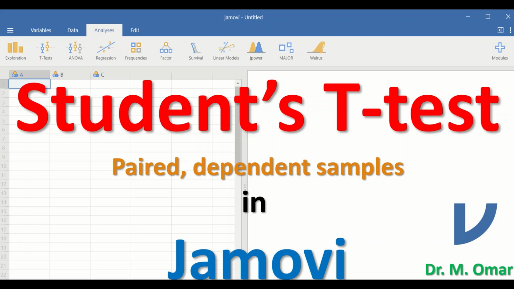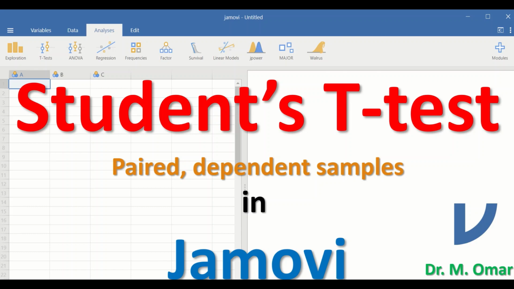Student t-test for paired or dependent or related samples in Jamovi. The paired t-test is a parametric test that can be used when there are two samples